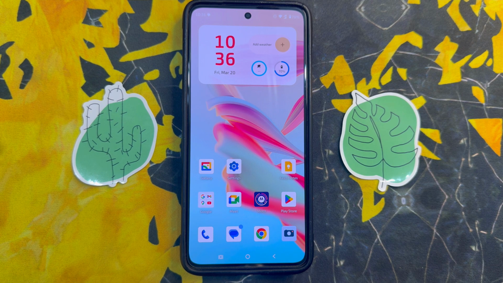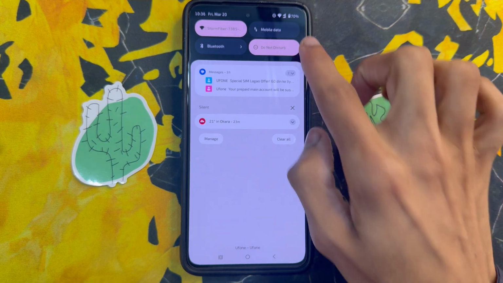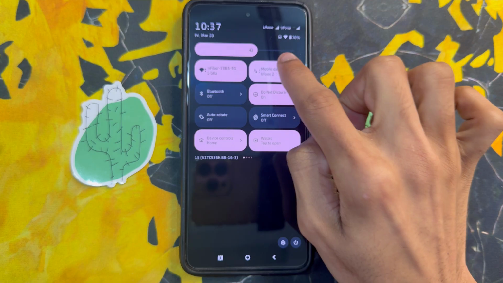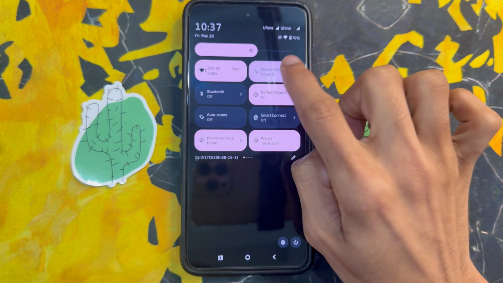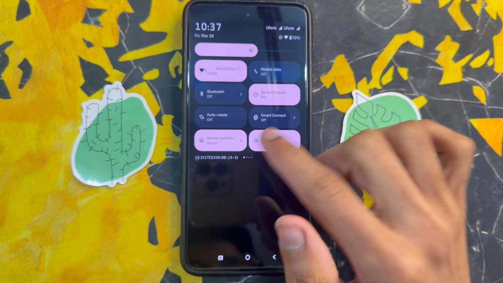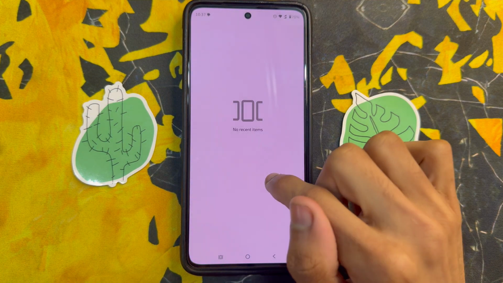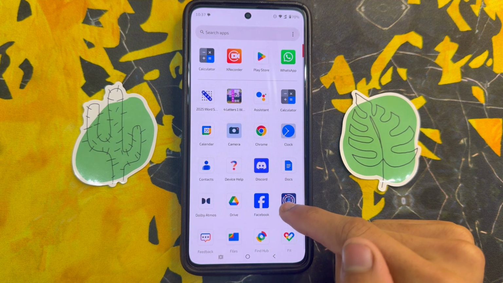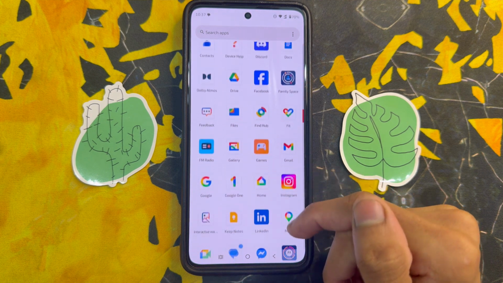So first of all, open the quick settings panel, so just swipe down and turn on mobile data and turn off mobile data. Turn on or turn off mobile data 1 to 3 times. After the process, go back to the home screen. You will see your problem is solved, but if it is not solved, go to the app library, scroll down and click